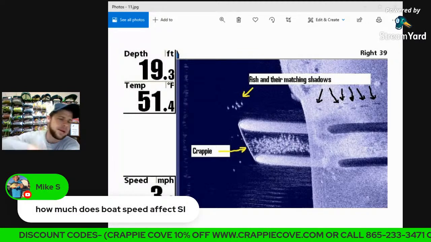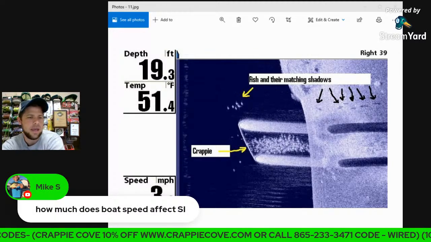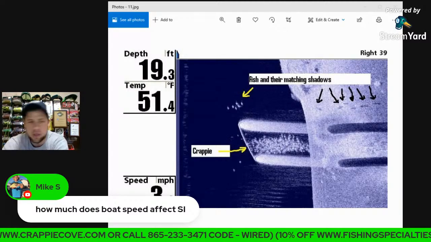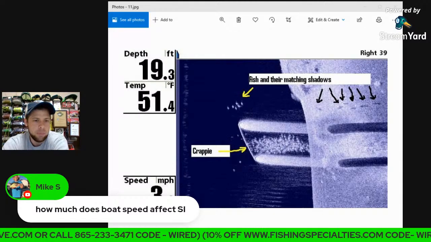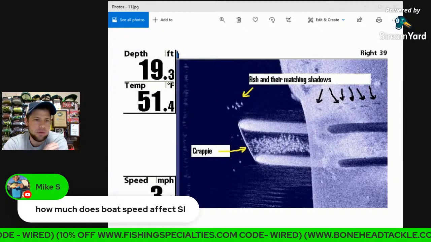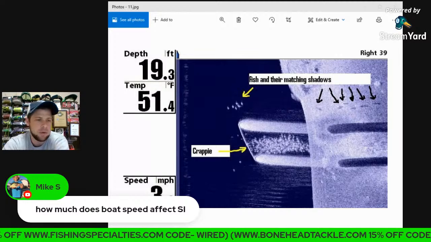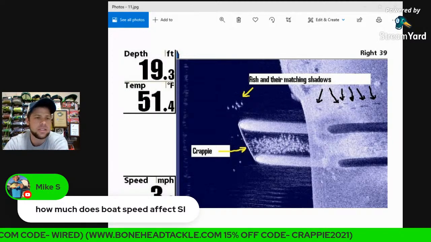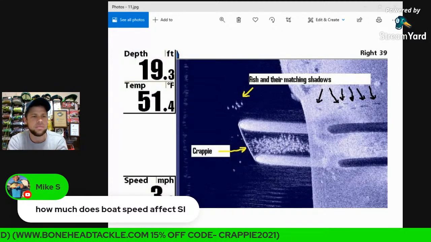Good question right here, Mike S. Very, very good question, Mike. How much does boat speed affect side imaging? So your boat speed will affect your side imaging. It varies by boat, okay? And let me tell you why it varies by boat, because every boat hull is different and cavitation becomes a